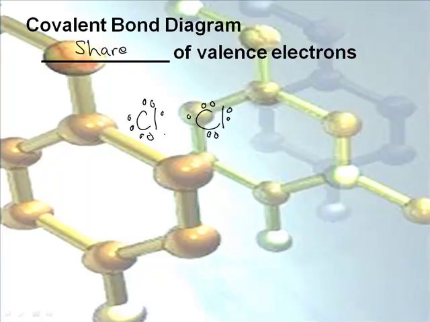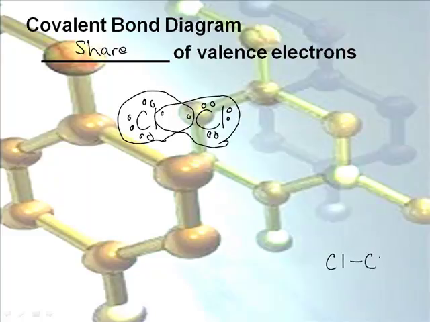And so if they could share that extra 1, maybe a circle around all of them, he now has 8. And if I go like this and he shares that one, he has 8. And then the overlap is going to be the covalent bond, the sharing of those 2 electrons. So you would actually draw it like this: Cl line Cl. Now this line is equal to those 2 electrons that are shared. And then you would have the additional electrons.